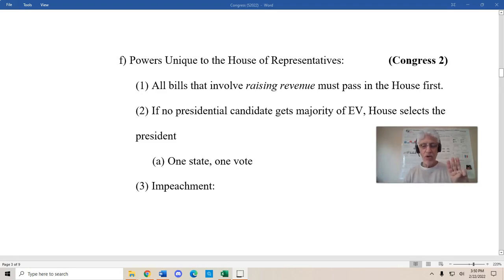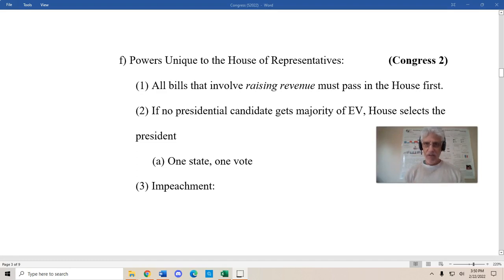Then the third power unique to the House of Representatives, the power of impeachment. Now remember, from when we talked about the Constitution, is impeachment the same as removal? No. Man, if you got that wrong, part of me is like crying. When a president is impeached,